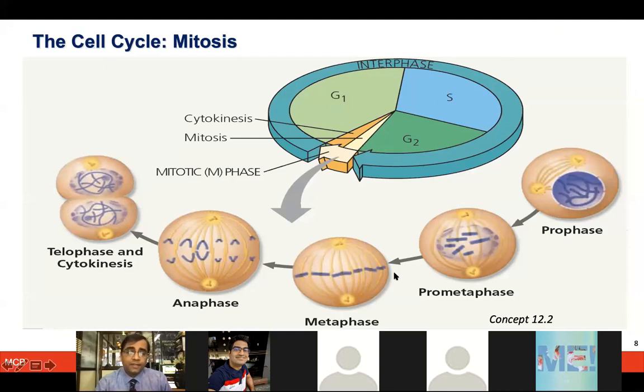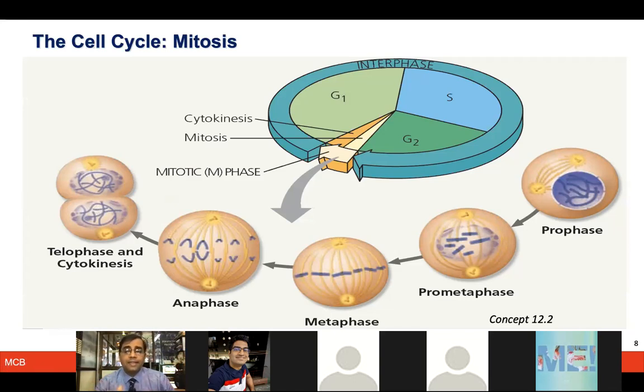In the prometaphase and metaphase, they start getting aligned to the metaphase plate. And now these chromatids, the daughter chromatids from each of these chromosomes, are aligned over there. But only in the anaphase do they start pulling apart to the two different poles. And that's where they will be ready to divide into two different cells, and telophase makes that